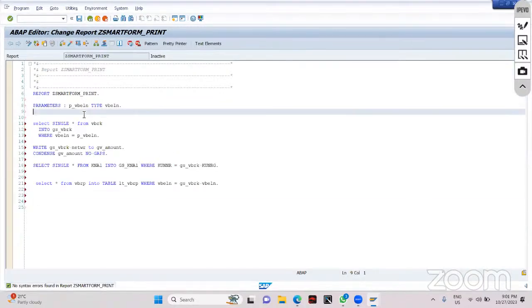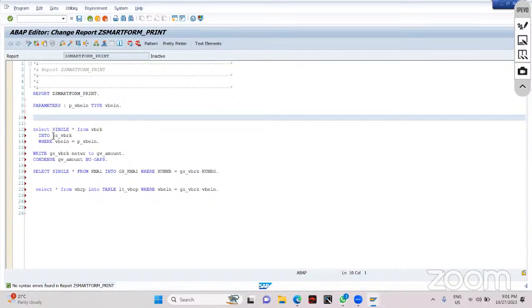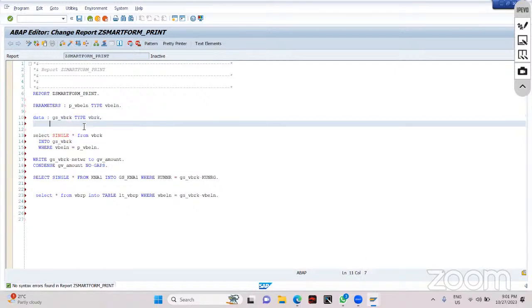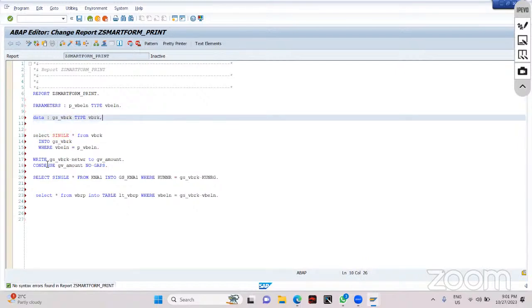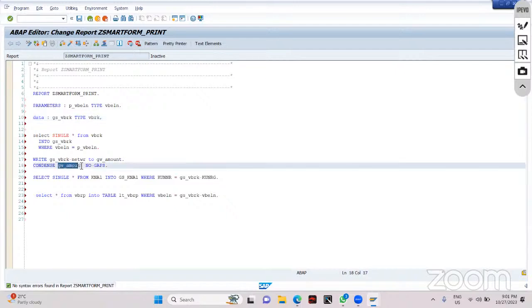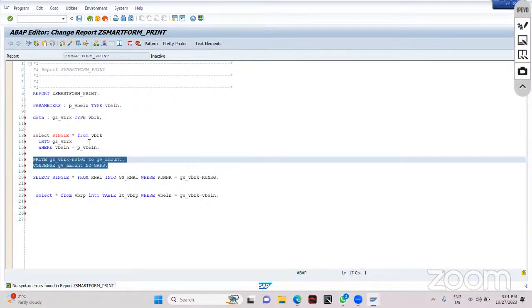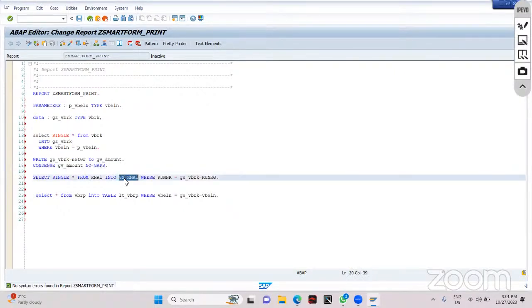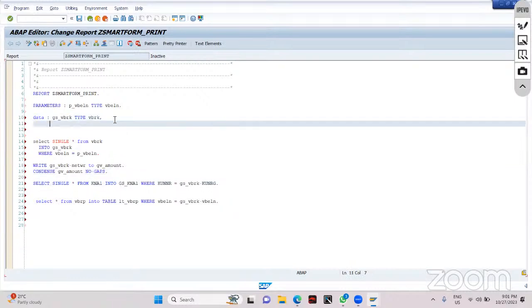Okay. And then here what we have to do is first we need GSVBRK, right? So let's create one structure. So how to get the structure over here? Directly we can say GSVBRK type VBRK. Okay. Then what is the next we have to use? We have GV amount, right? So that we can access there also. That's not a big problem. And what next we have GSKNA1. Okay. So GSKNA1 is type customer,